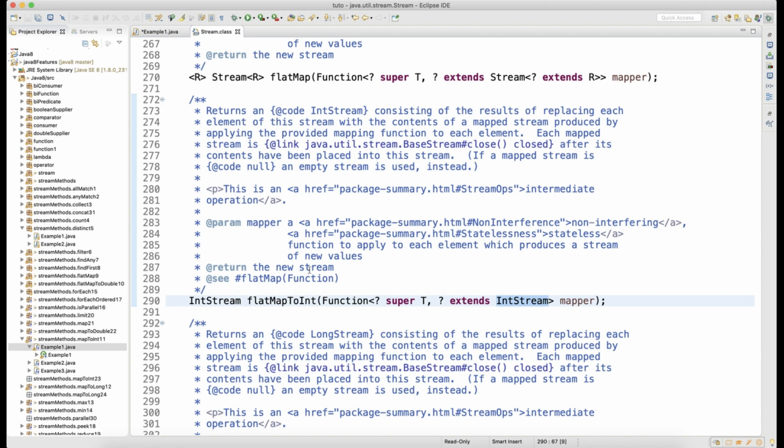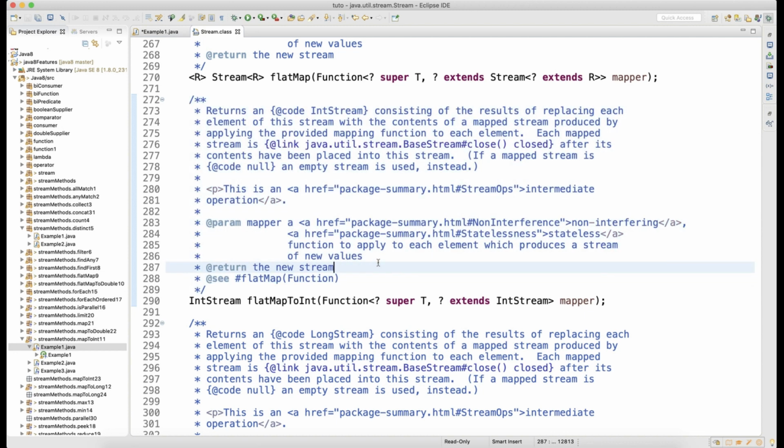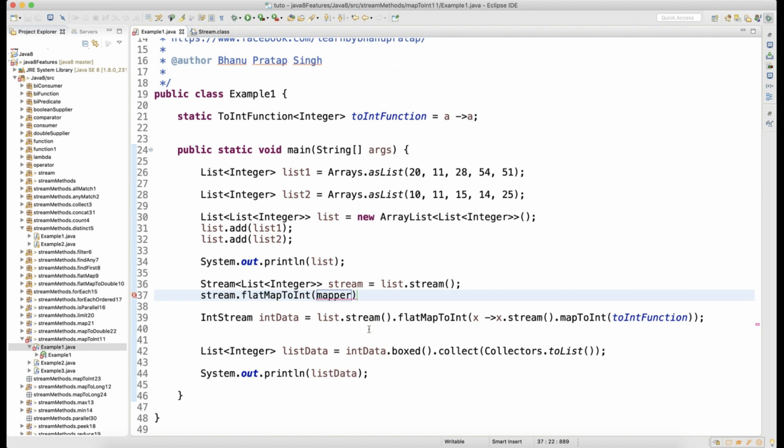If you want to read the Java documentation, yes, you can go and read it. Otherwise you can go to the Oracle site and search for Java 8 Stream API, and it will give you all this API. But mostly when you just read the theory, you will not understand. How will you understand? When you write code.